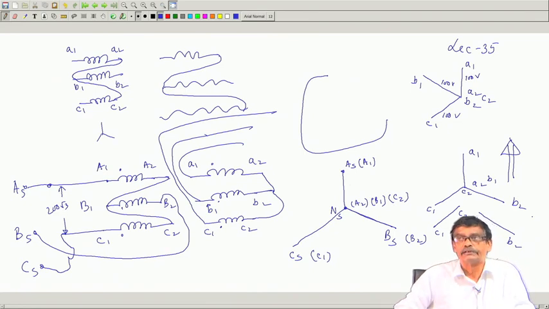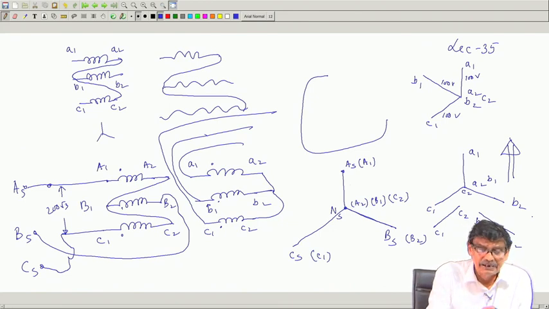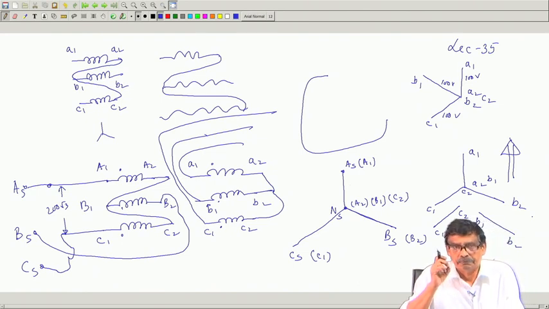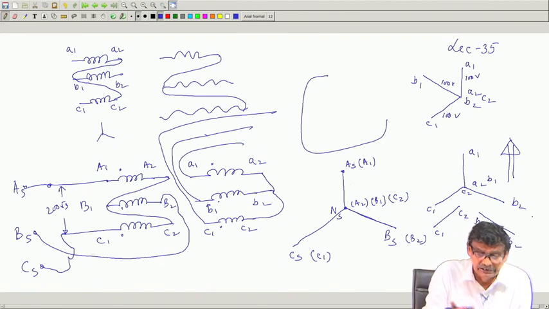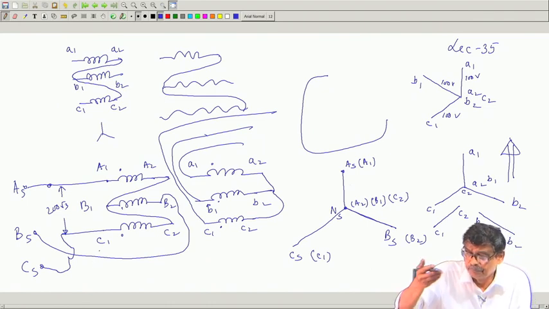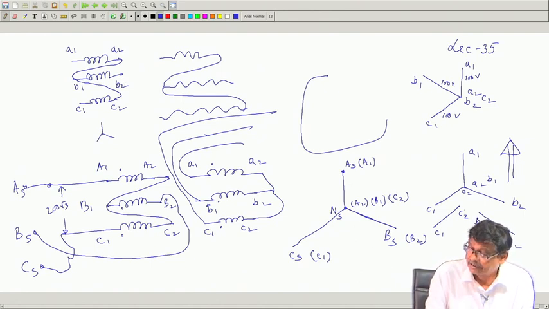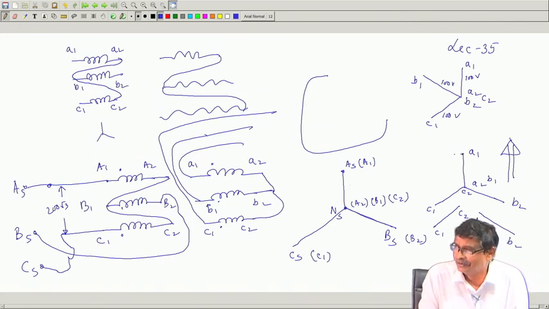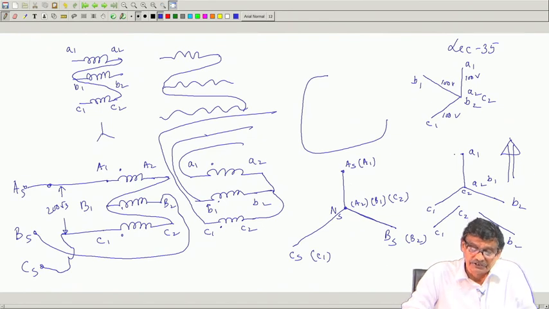but it is left to chance. Whimsically, if you do not know. And not only that, the terminals are marked, that is why terminal markings are very essential, and we would also like to see that the supply you are giving to A1, B1, C1, you take the supply output from A1, B1, C1. Here although you will get a balanced 3-phase supply if he connects like that, there is a mix up: this is A1, that is B2, this is C1. So, to avoid all confusions, we must adhere to the terminal markings,